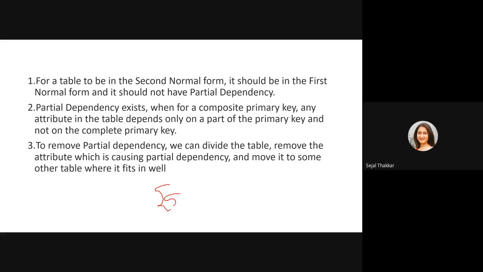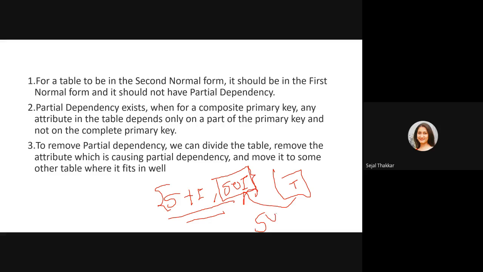But teacher is dependent on only one. We had student ID as a primary key, and we had subject ID as a primary key. So we had these two primary keys. But teacher is dependent only on subject ID, not on student ID. So this is the full primary key, but our teacher is dependent partially, not on the full primary key, one part only. That is called partial dependency. And how can we remove this dependency? By creating a new table with subject ID and teacher or the subject name.